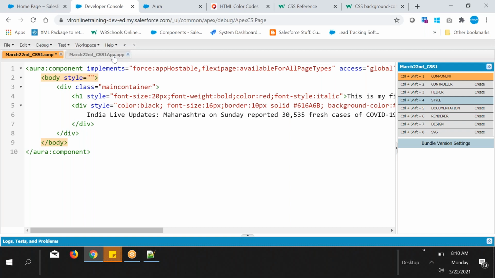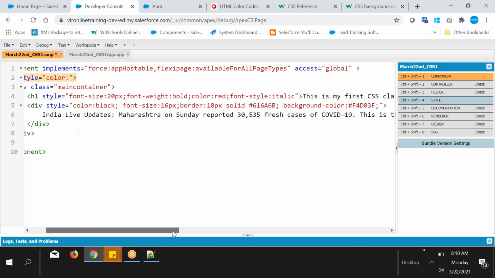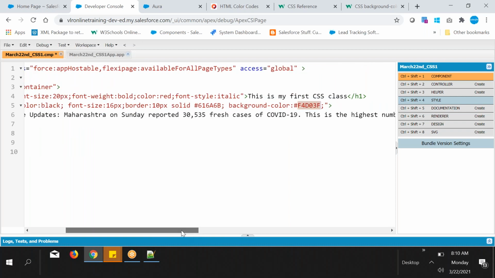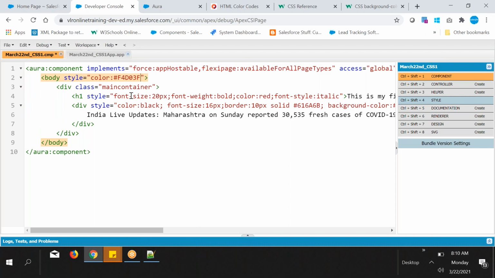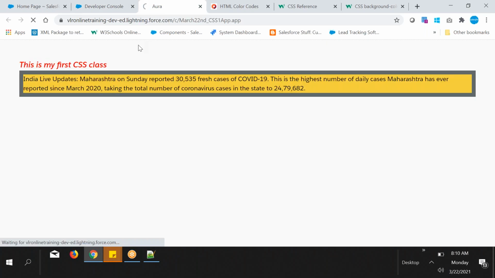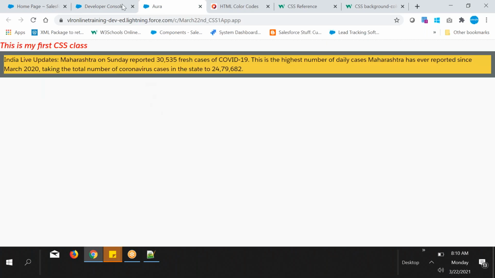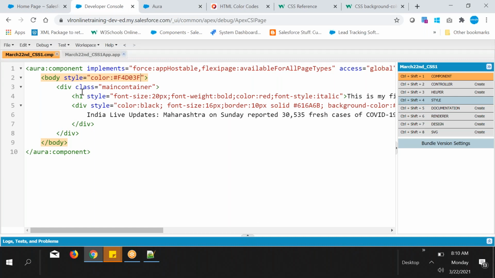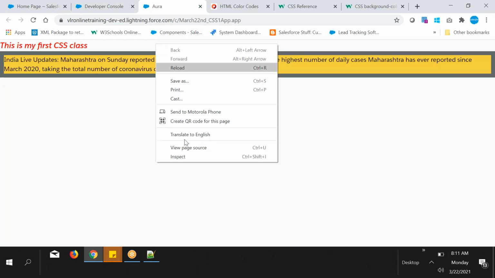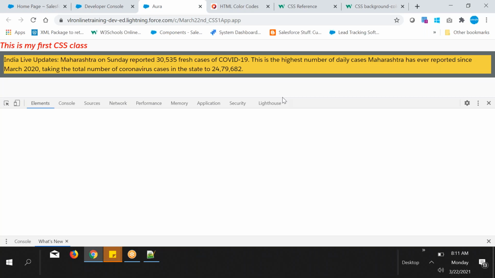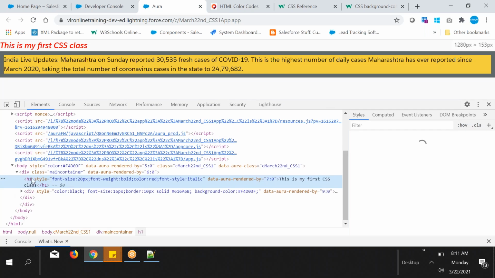Style, here property name and property value. One second, why is it not applied? So let me inspect it. To give background color for body.